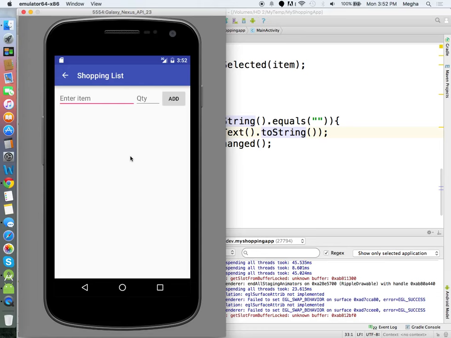SQLite, adding the preferences for persisting the data, and an introduction to the service. Tomorrow you will see that. Day after tomorrow, the rest of the concepts, and you will have your project requirements. Chances are one more day may get extended. If that is approved, I will be adding that for theory sessions only. So for the next 4 or 5, 2 or 3 days, the theory sessions will go on. And with whatever remaining days, we will see how you are going to develop an application having everything.